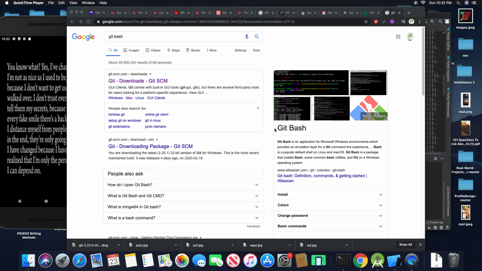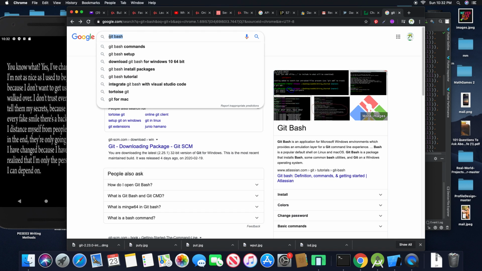We're gonna take a look at how to install Git Bash. So just go to your Google Chrome. I'm already on Google Chrome. Type Git Bash,